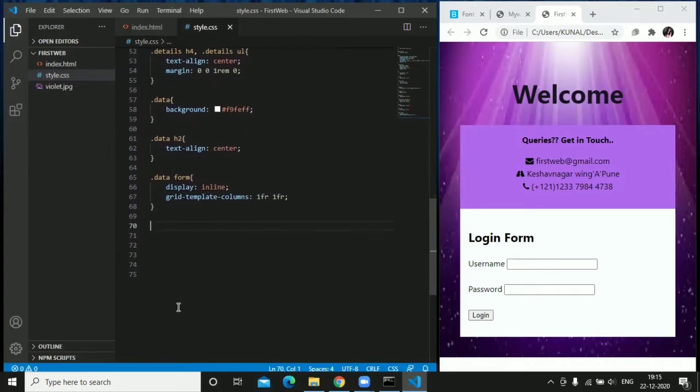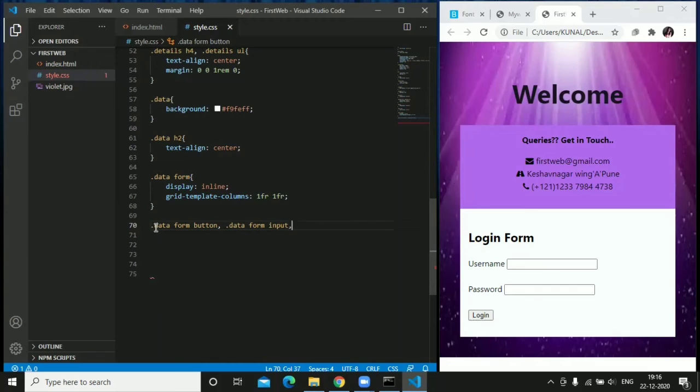So move further, data form, and inside the form we will add properties for the button and input. So just write data form input and textarea as well.